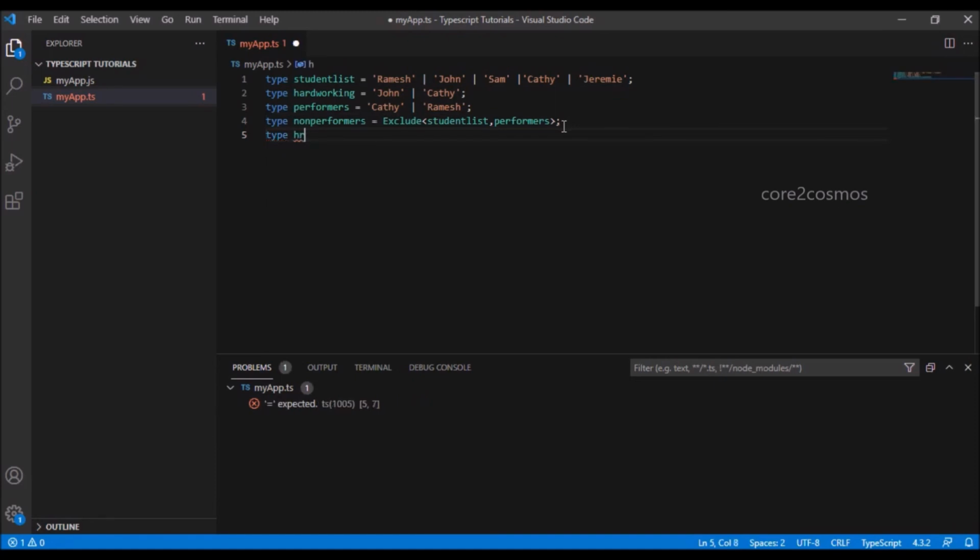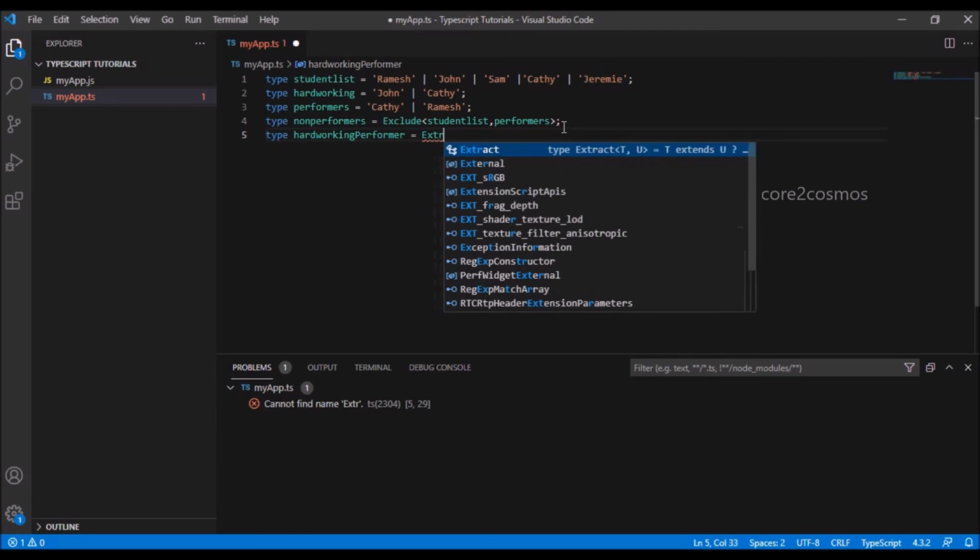In line number 5, I say hard workers and performers.